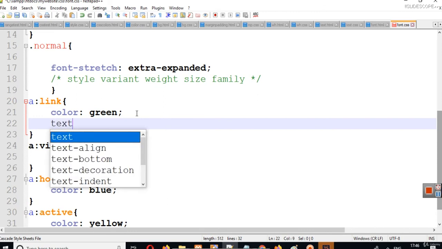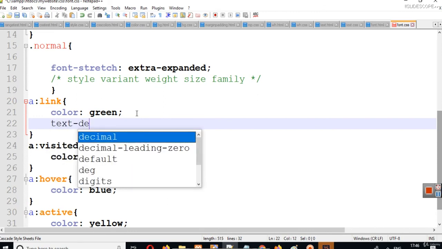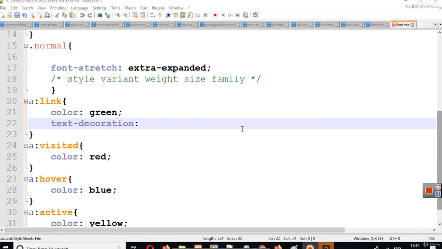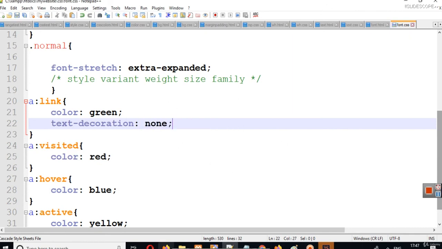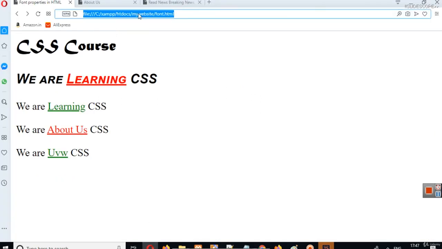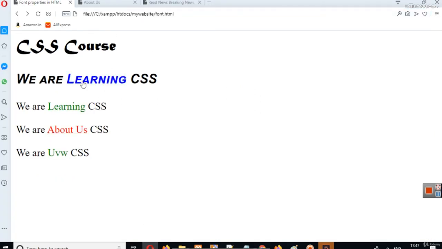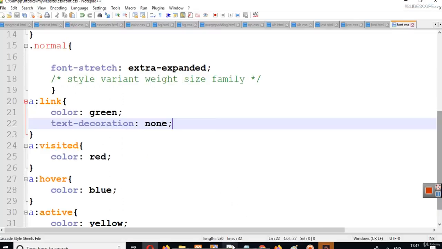So you can write text-decoration, and you can set the text decoration to none. And now when you reload, you will see that those underlines are now gone, and now it's hard to distinguish between a link and colored text. So it's up to you whether you want to keep this text decoration or not.